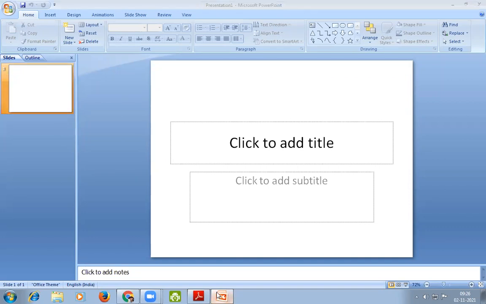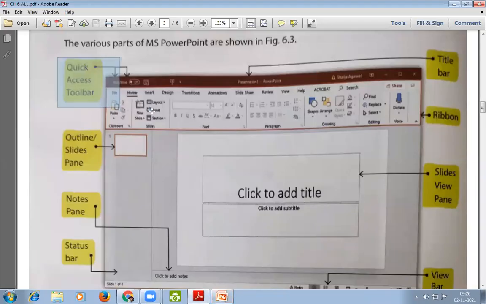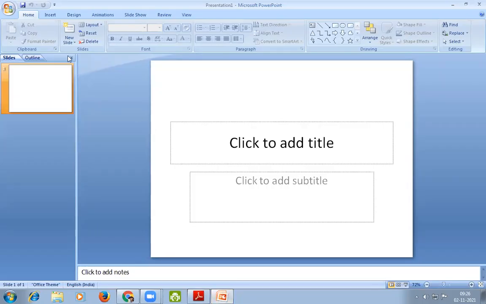First, the quick access toolbar. Look at here, this is the quick access toolbar. Second one, the title bar. Presentation 1 is the title for this document.